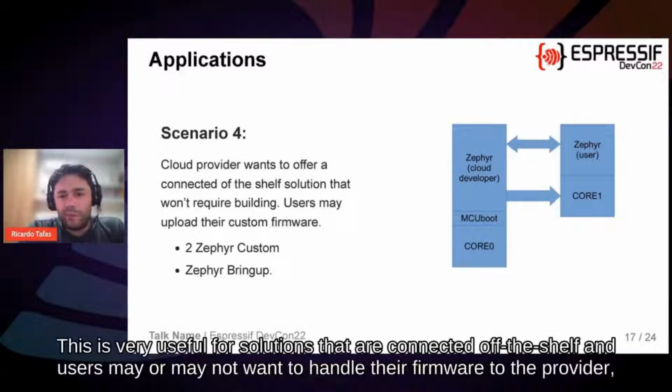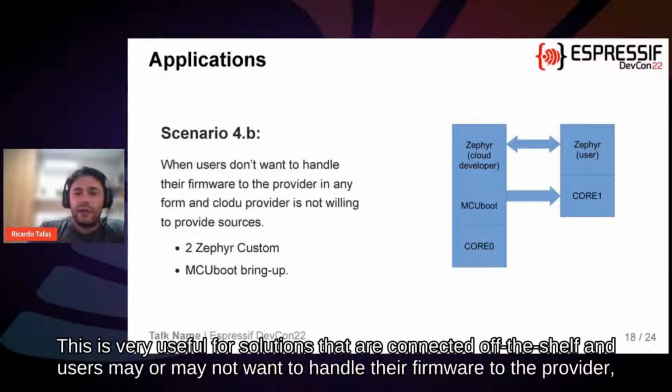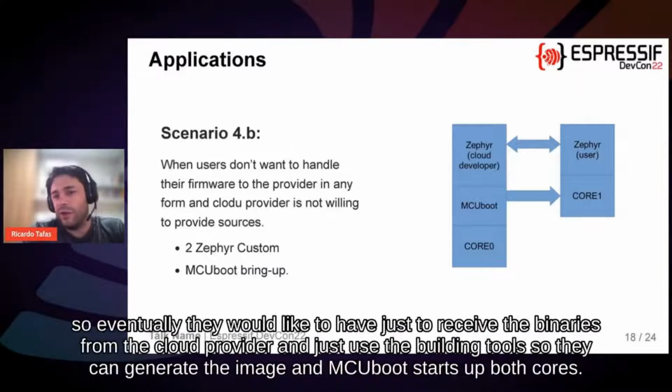This is very useful for solutions that are connected off the shelf. And users may or may not want to hand their firmware to the provider. So eventually they would just receive the binaries from the cloud provider and use the building tools so they can generate the image, and MCUboot starts up